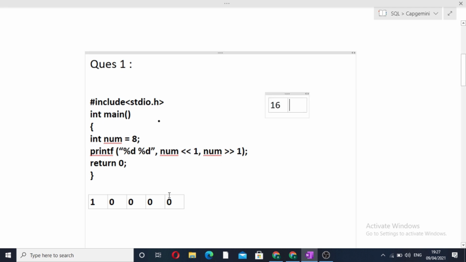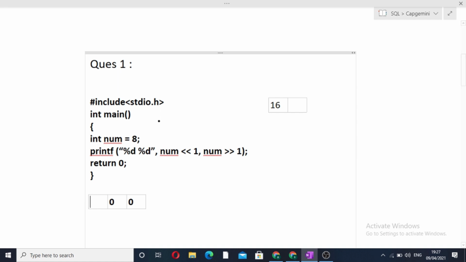Now our original number was 8, and we are performing num right shift by 1. So this value will be shifted to the right by one position. So this 1 will come here.